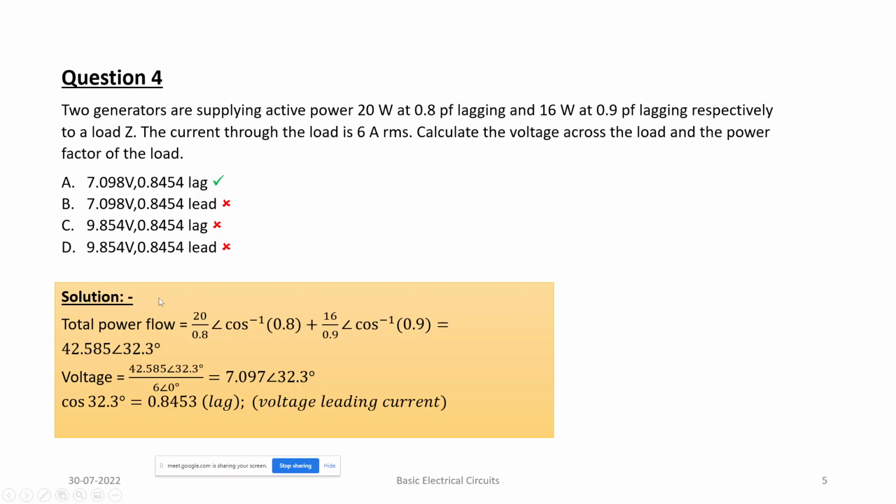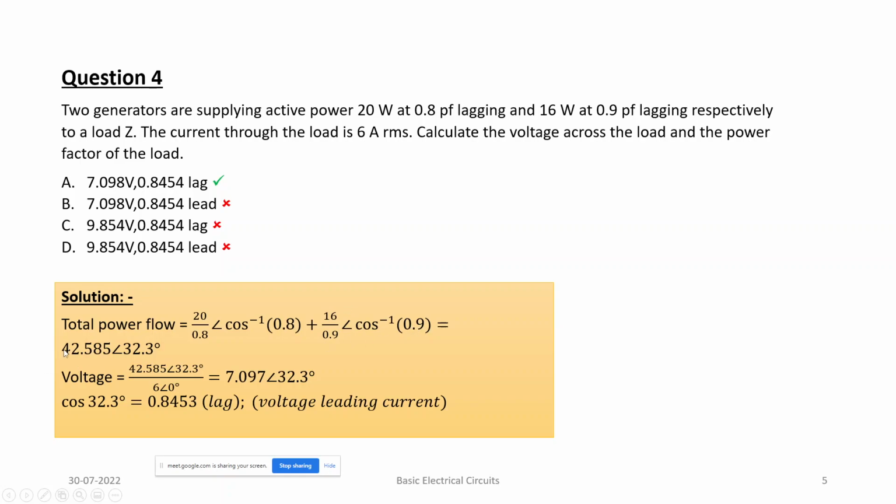So to calculate the total power flow, 20 watt is the active power. To calculate the magnitude of the apparent power, we need to divide 20 by 0.8, because the magnitude of apparent power into the power factor gives you the active power. It will be with an angle of cos inverse 0.8 because it's 0.8 power factor lagging. And the next is 16 watt at 0.9 power factor lagging. Similarly, it will be 16 by 0.9, giving you the magnitude of the apparent power with an angle of cos inverse